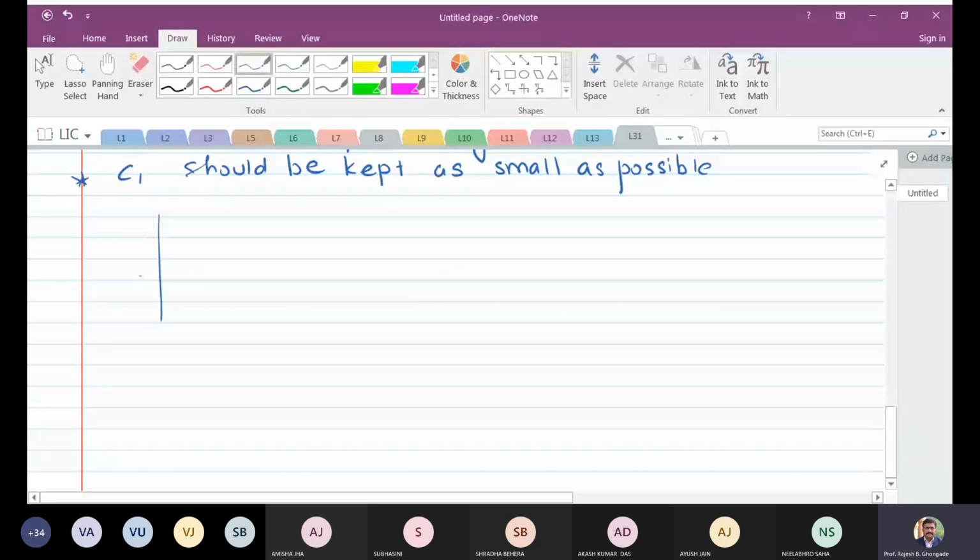If your signal is something like this, I'm supposed to detect the peak at this point, the peak at this point, and this point. If I use a very large value of capacitor, it will get charged up to this peak value and it will never change the output. So you will miss out these peaks. Are you able to understand that?